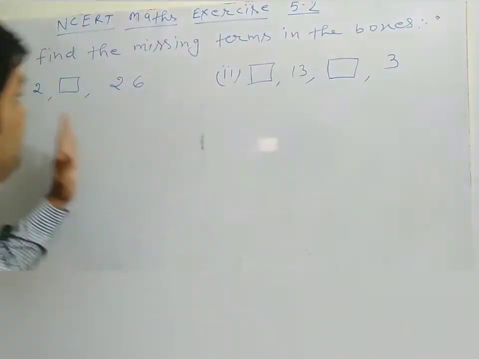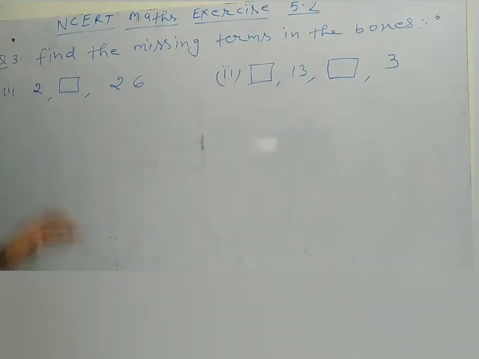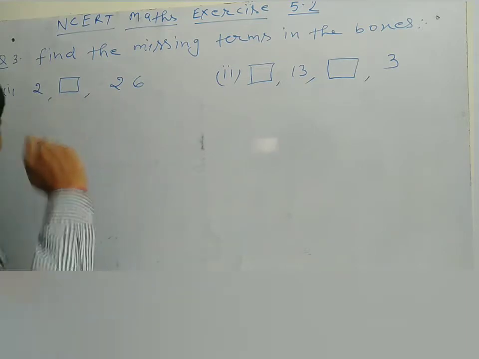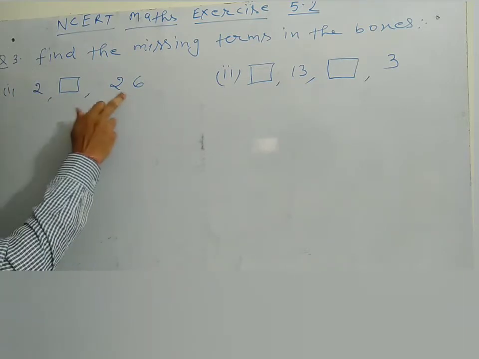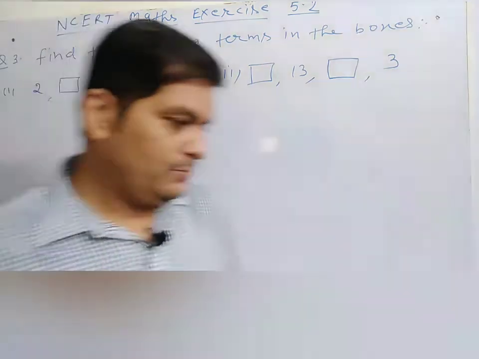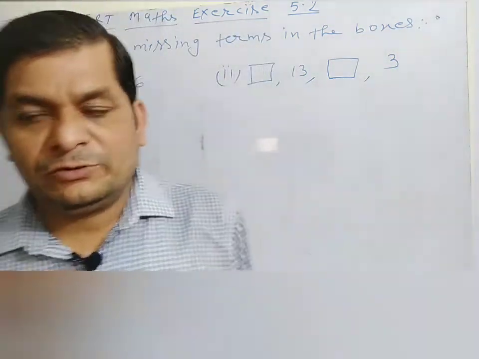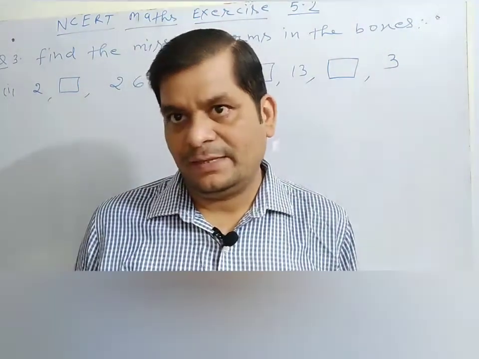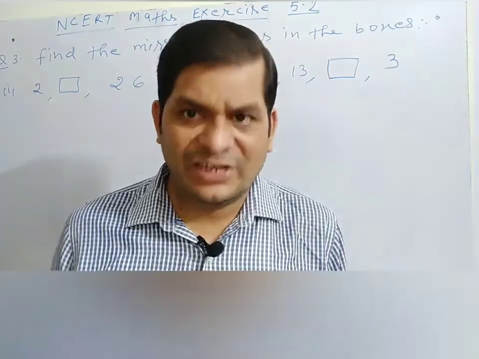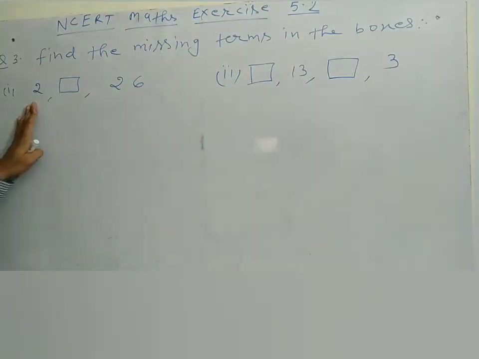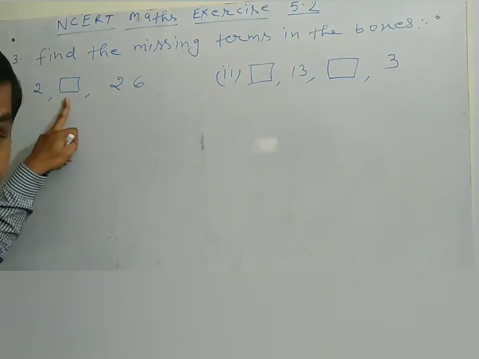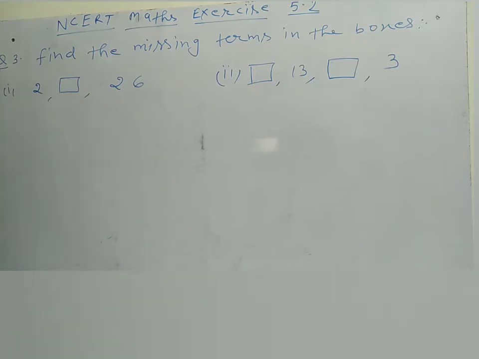Let's see. In this question, as you know, it is first term, second term, third term. In the last video I told you we will represent the first term by small a. That means A1, you can say A1 or A. So you can say it is A. What will be this? It is second term, it is third term. A2, that means A1 or A, same. Now A2, what do you mean by A2?